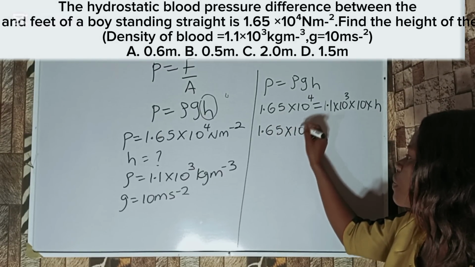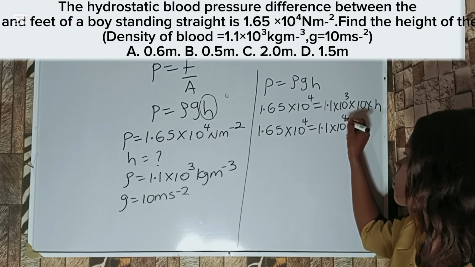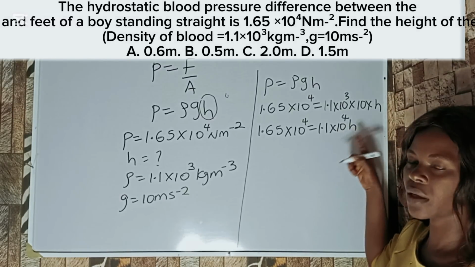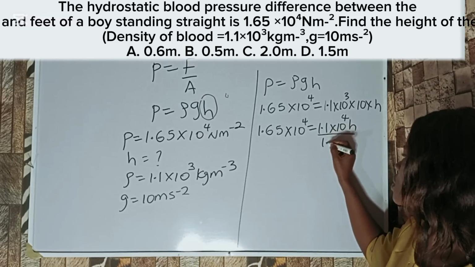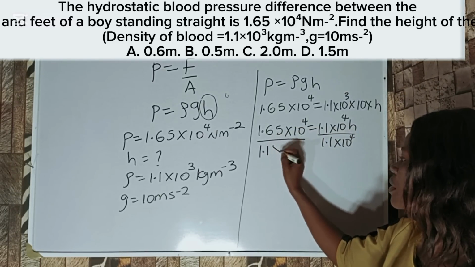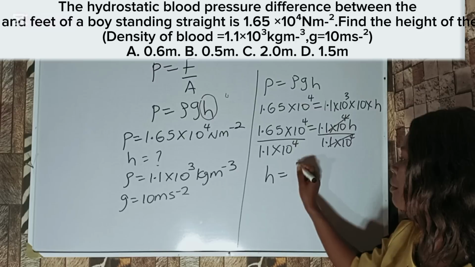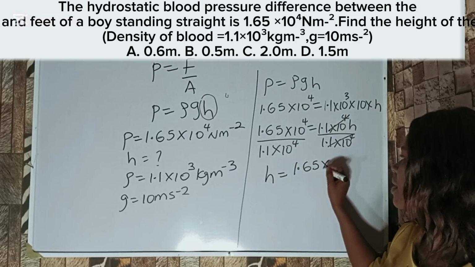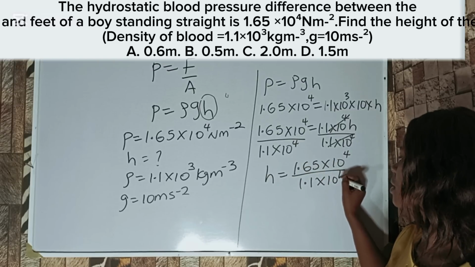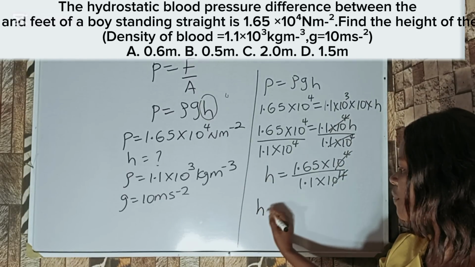Now when I bring it together, I'll have 1.65 times 10 raised to the power of 4 is equal to 1.1 times 10 raised to the power 4, multiplied by h. So simply by dividing both sides by 1.1 times 10 raised to the power 4, this cancels this. So what's my h? My h is 1.65 times 10 raised to the power 4 divided by 1.1 times 10 raised to the power 4. So this cancels this automatically, and we are left with h equal to